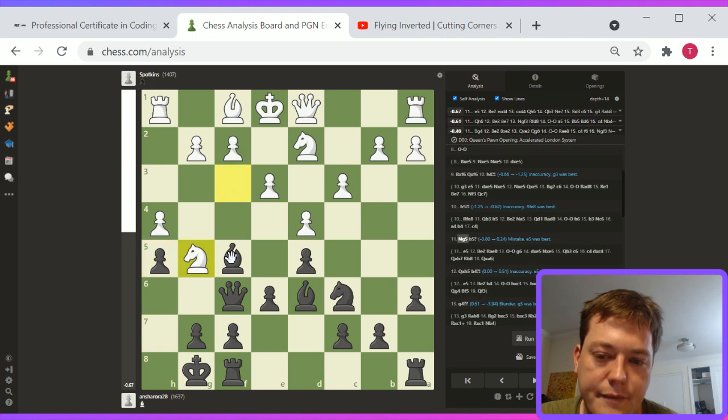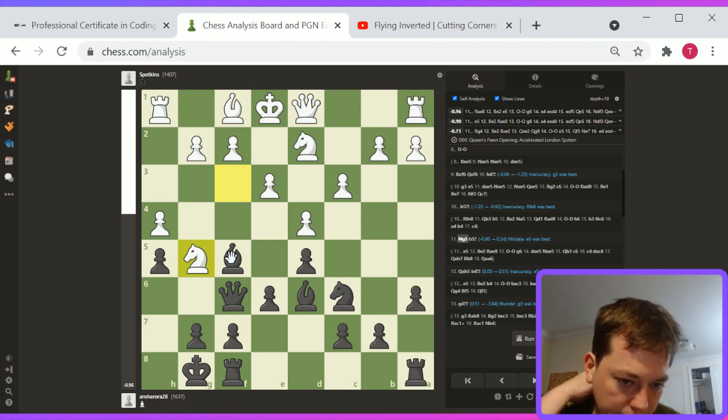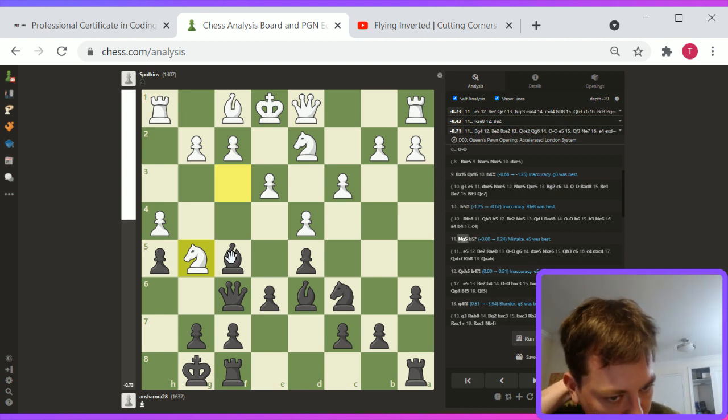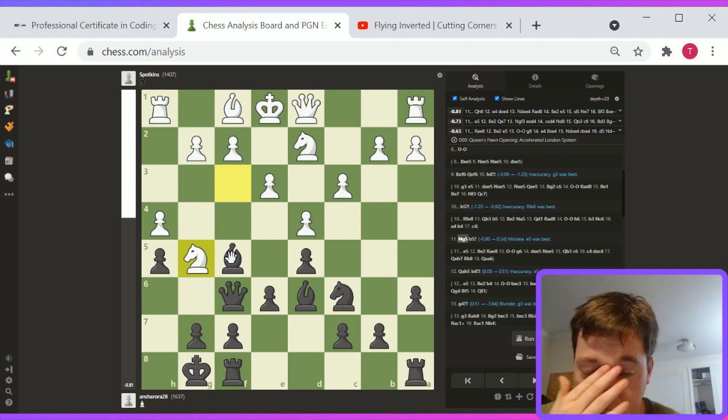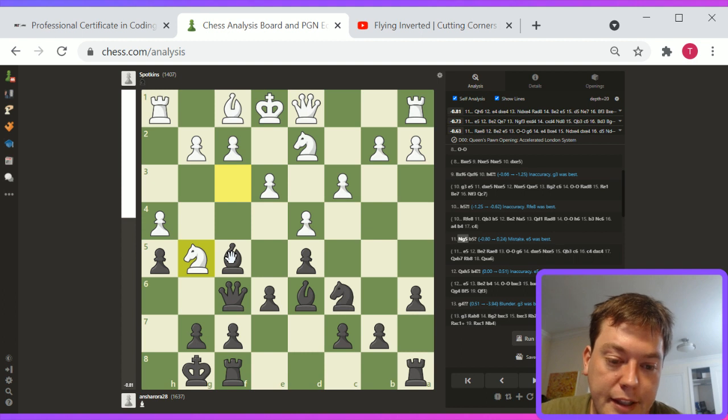H5, okay. And here, I think black should defend this pawn with something. Bishop g6 is kind of tricky. Bishop g6 runs into g4. I'm not sure how good that is. Queen h6 is interesting, but I think basically either queen h6 or bishop g6, and black should be in better